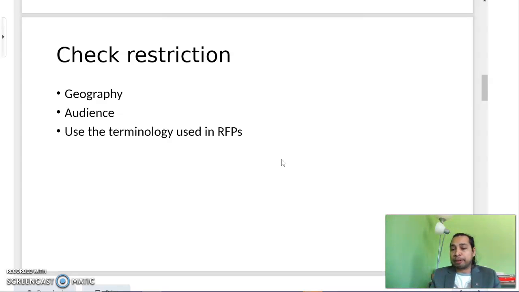Even if you are looking for funding for the same program, but the geography or the location is not the particular one that the funders are looking for, then you won't get funding. Okay, for example, the program is the same, but the funders are willing to fund only when you are in Georgia, but you are living in a different state, then they would not fund you,